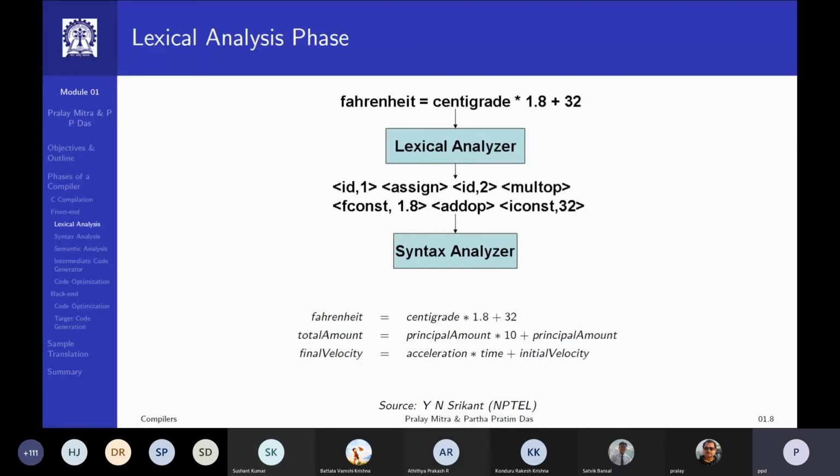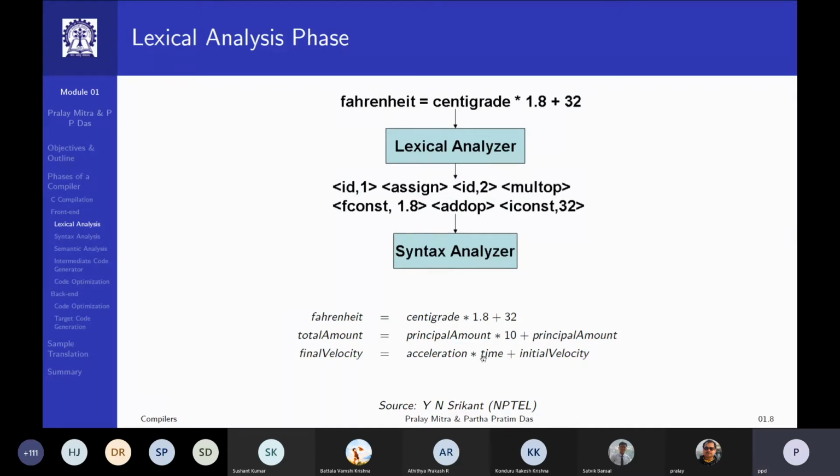Now you can see that I could have had a different actual input expression. Total amount is assigned from principal amount times 10 plus principal amount. This is similar to the previous one, except that in the last token, here I have iconst 32. There I will have ID2, the very same as ID2.